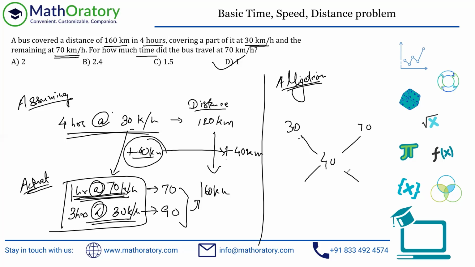So just apply alligation, take the ratio. So we have a 30 and a 10, so that is 3:1. So we get a ratio of 3:1, but you should know that this is the ratio of the time. The reason for that is these speeds. If you just notice the unit of any speed, any unit for that matter, it's kilometer per hour. This is the easiest way to do this.